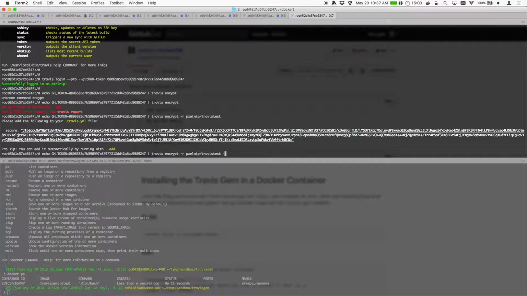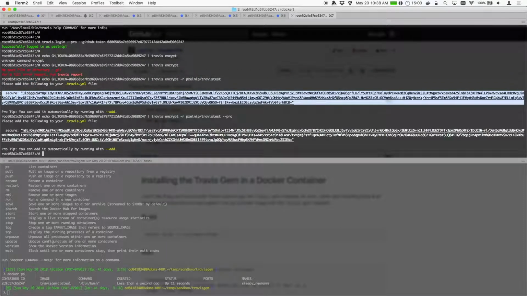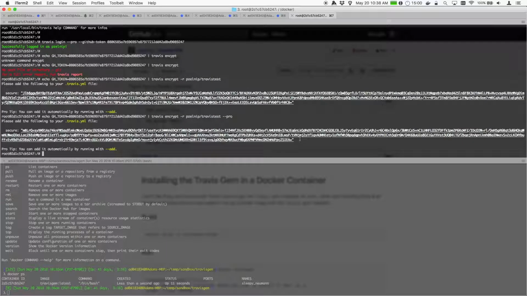Now, again, depending on your account setup, you may or may not need to have this --pro value. I do. And if you're in the same boat as me and you need that --pro, when you put this value in your Travis YAML file, the environment variable will fail to be decrypted. What you'll see in the build output is an environment variable with a name that looks like garbage and no actual value. Your GH_TOKEN value is nowhere to be seen. So the push ends up failing. So anyways,